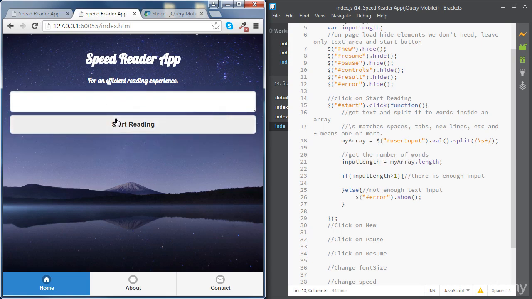If we refresh and write enough text there and click, we don't see the error message. Okay, now let's write the code to execute if we have enough text. So